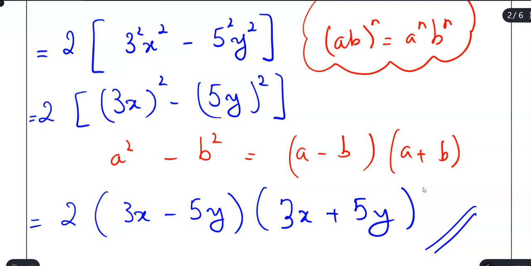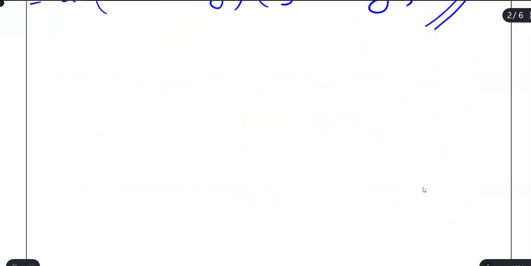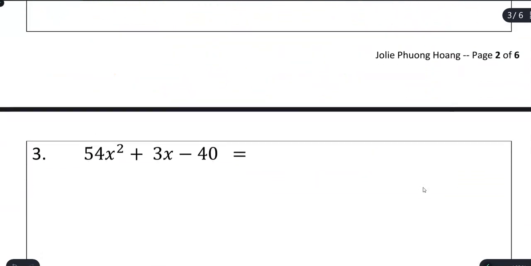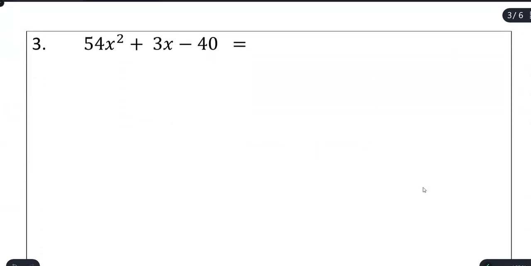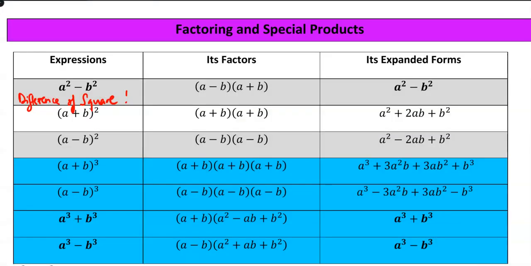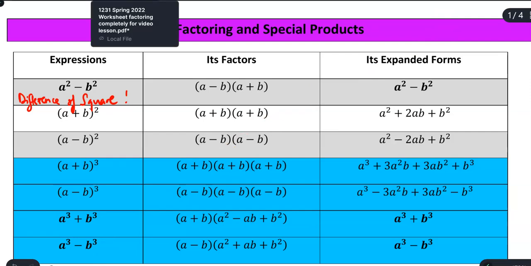All right, so I'm going to move on to another question. All right, so this one, we were asked to factor this. Then we go back to the formula to see what I list up here. What I list up here is the difference of square, the special product, and the sums and difference of cube. But what we have here is the